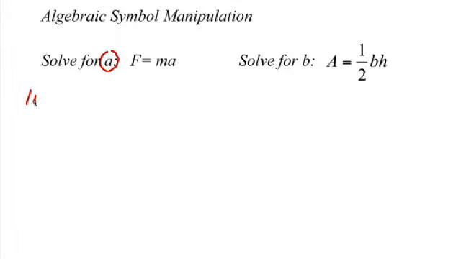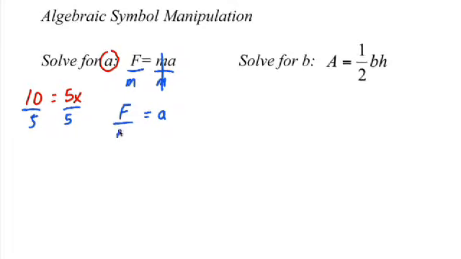Just like if you go back and replace this with, say, 10 equals 5x, if I said, okay, how would you solve this problem? All of you would know, well, you divide both sides by 5. Well, in essence, that's all we're doing here, except we're dividing both sides by m. That is the opposite of multiplication. So since m is multiplied by a, to undo it, we divide because m over m is 1. And that leaves us with our final answer, a equals f divided by m.